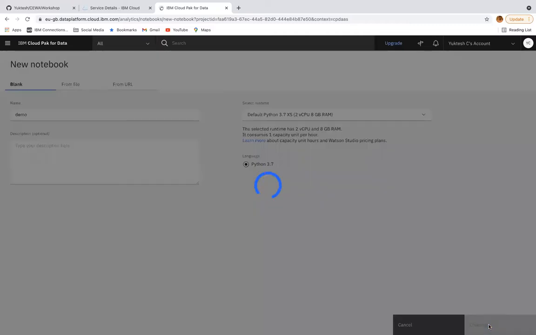Click on create. A basic demo file I'm creating. It's a Python .ipynb file, that is, the IPython notebook file, the Jupyter notebook file.